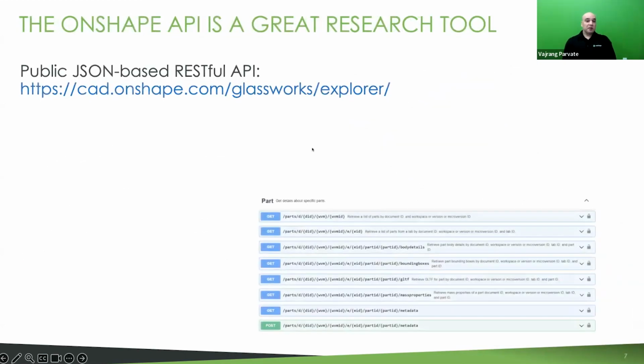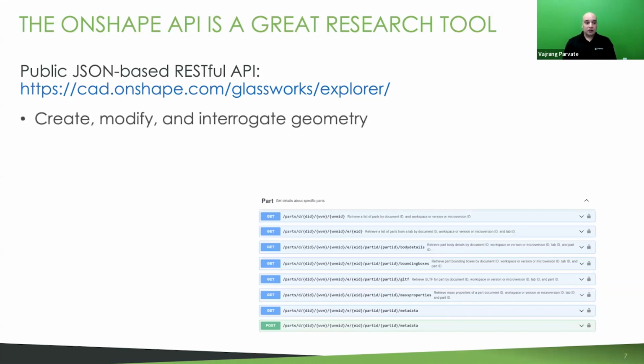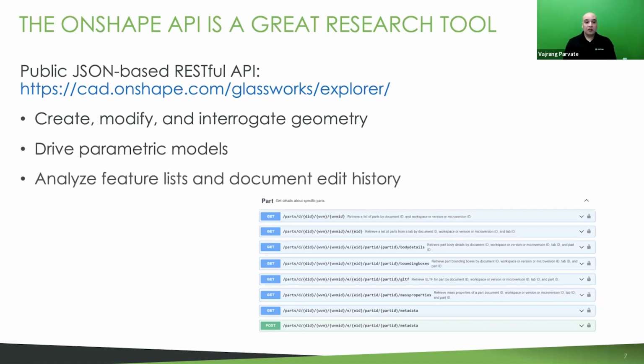Next up is the Onshape API. The Onshape API is a public JSON-based RESTful API. For anybody familiar with RESTful APIs, the Onshape API is exactly that. It allows you to open and create part studios, assemblies. You can modify them, query them for geometry, topology, mass properties, measurements, and so on. You can regenerate parts in different configurations. You can query the feature list for dependencies or sequence of edits users may have made, and then export that data in various BREP or visualization formats like STL, OBJ, and so on.